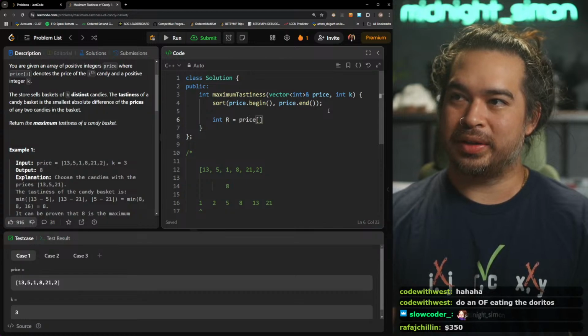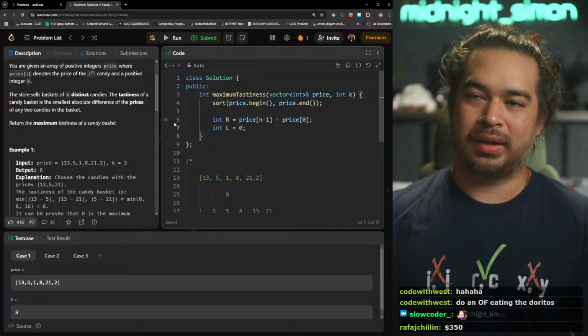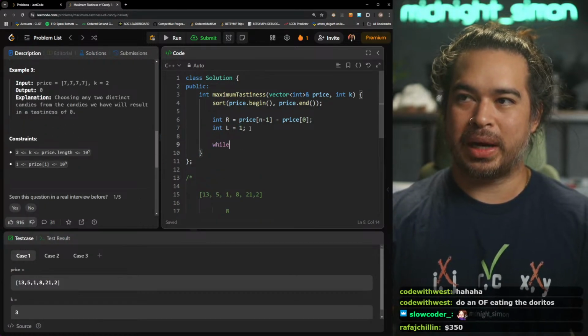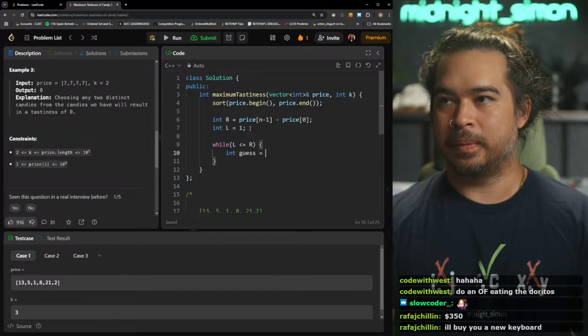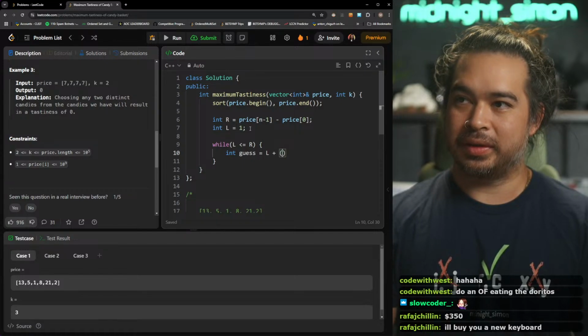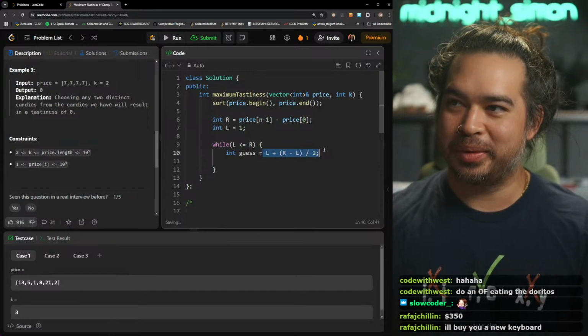It would just be price n minus 1 minus price 0. And then left would be, I guess 1 might work. So we're gonna binary search on the answer. L plus R minus L. Is that the formula, man?